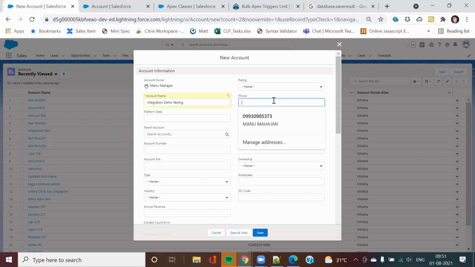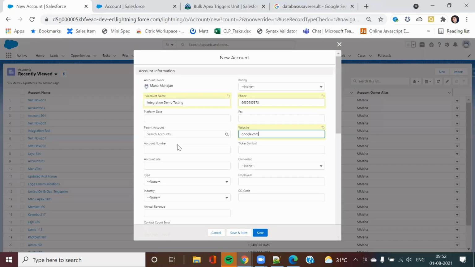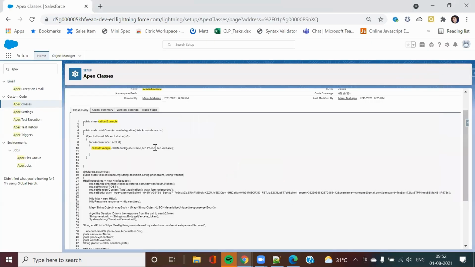So here I will enter the phone number also. Website I can enter Google. So these three things I am inserting. And now if you see my trigger class, these three things are coming: name, phone number, website.